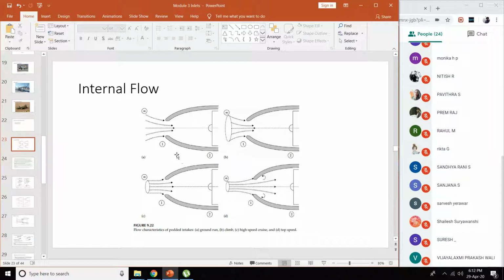So it will come to a certain point where it will be lesser than the inlet diameter. So what happens is, as you increase the speed, even though you are at high velocity, the mass flow rate reduces. The inlet is designed in such a way for the mass flow rate to reduce. Why? Because when you are taking off or landing, the mass flow rate you require is very huge. So the mass flow rate of air required for takeoff is very huge, and therefore you require more air to come inside.